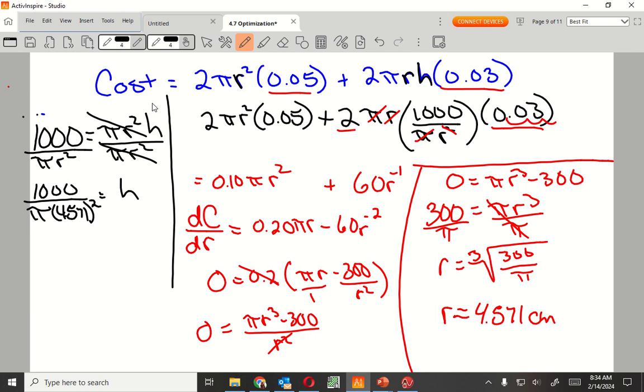Could I have plugged it back into my cost formula? Probably. Yeah, but I don't want to, because that's a mess. I have it nice and simple over here. I already have it set up to solve for h because h is by itself. And by plugging that in,